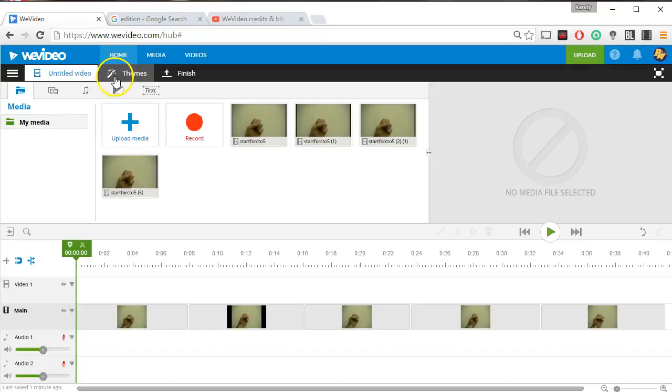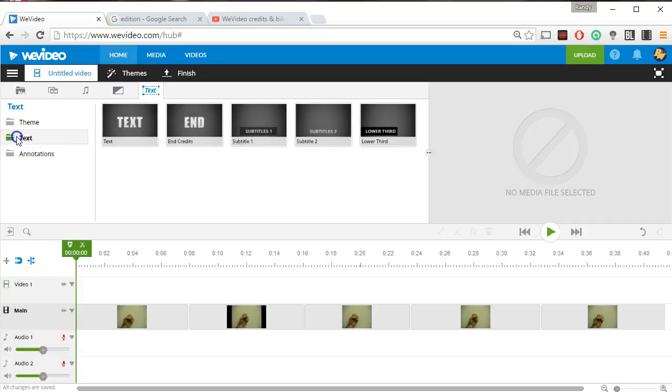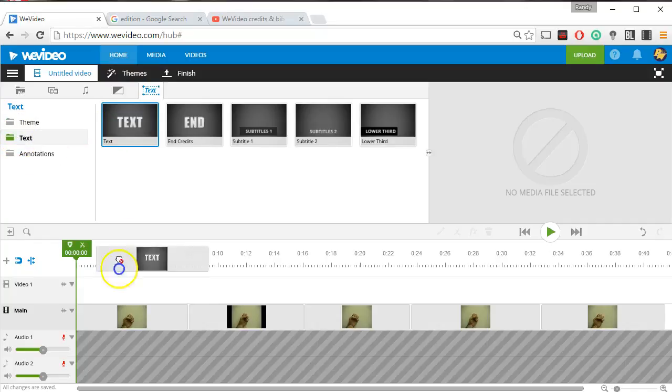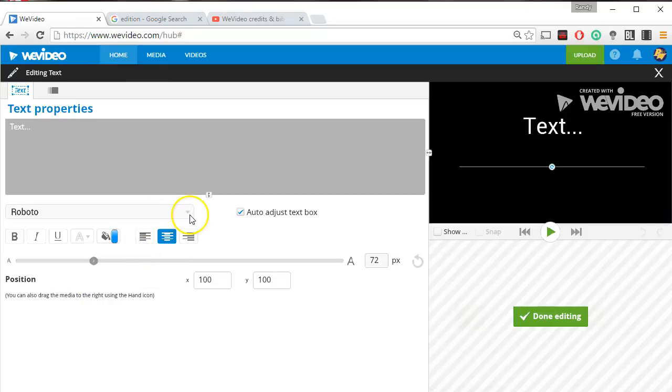So after you've picked a theme, we're going to go over to the text section and the text folder, and we're going to add a text to the beginning. We want to keep this in the same layer, so just slide it in front of there in the timeline. We are then going to pick the edit button here, and give it a title,